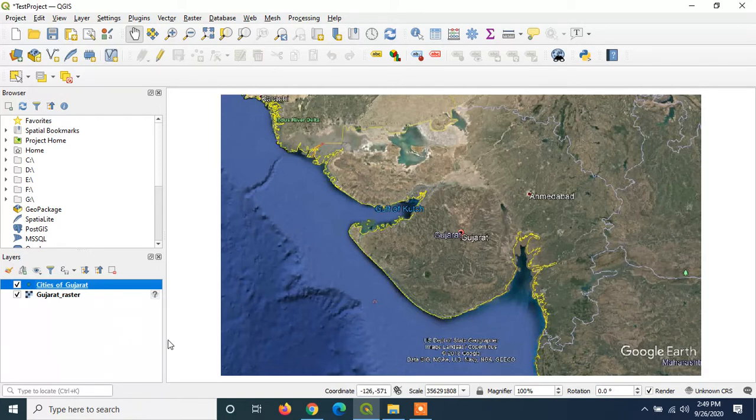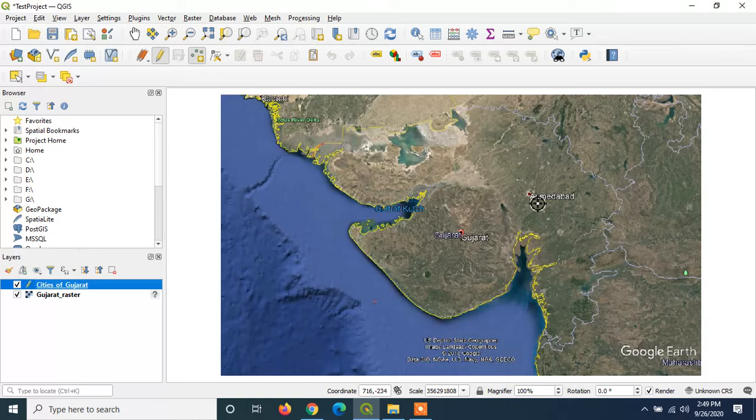So to create points, first of all, click here on toggle editing button, so that it will allow you to edit this layer. To add point on the vector data point layer, click on add point feature and click on the place where you want to add that point.